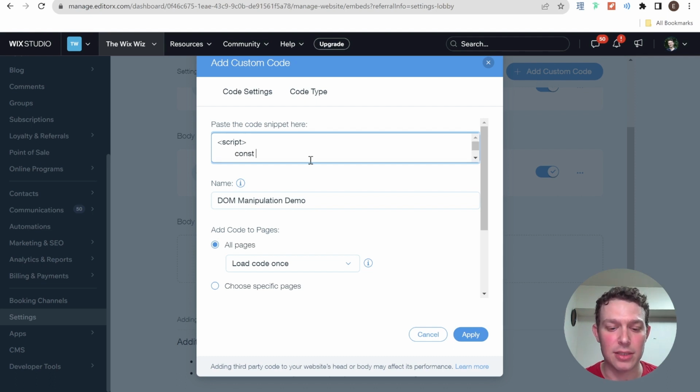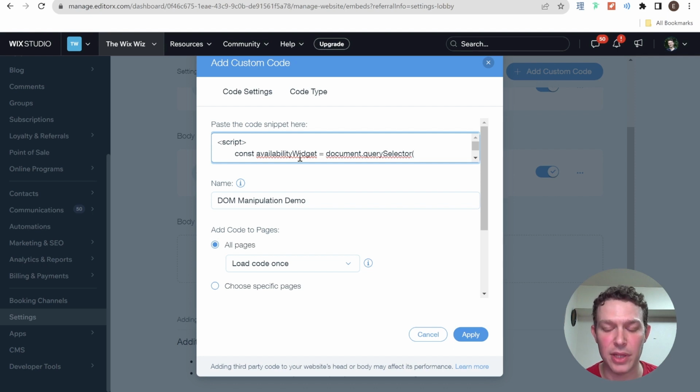So I'm going to say const, what was it? Availability. Did I spell that wrong? Yeah. availabilityWidget equals, and it's going to be document dot querySelector,